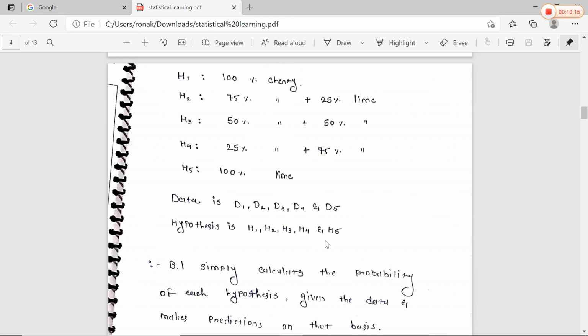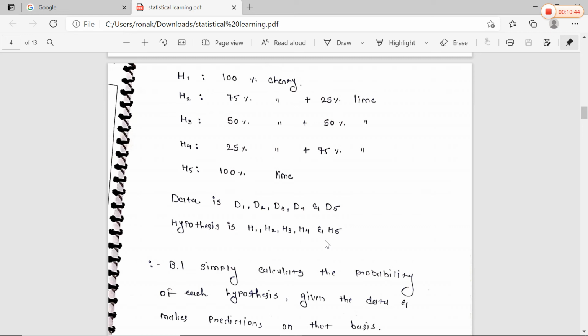ओके, डेटा इज D1, D2, D3, D4 एंड D5 एंड हाइपोथेसिस वैल्यू इज H1 to H5। अब हमें ये ऑब्जर्व करना है कि कुछ कैंडी बैग में से गिर गई है। मुझे मालूम नहीं है कि कौन सी बैग में से कौन सी कैंडी गिर गई है। ओके, हमें ये भी नहीं पता है कि सारी कैंडी एक ही बैग में से निकली है या सारी कैंडी अलग अलग बैग में से निकली है, बट कुछ कैंडी बैग में से बाहर निकल चुकी है।